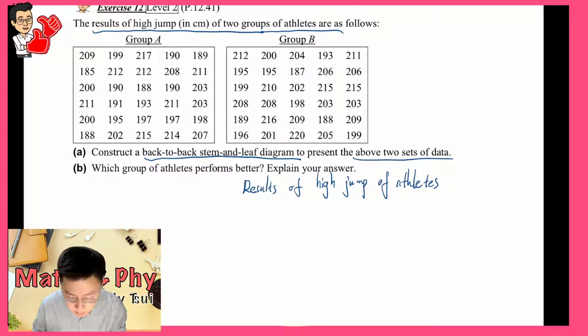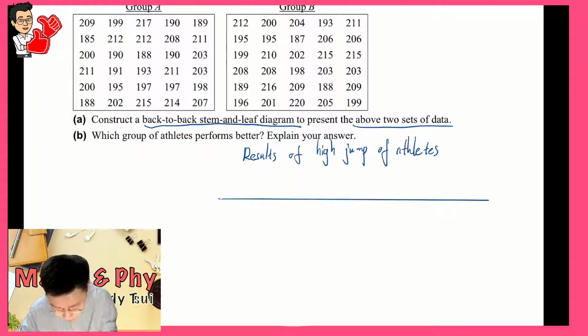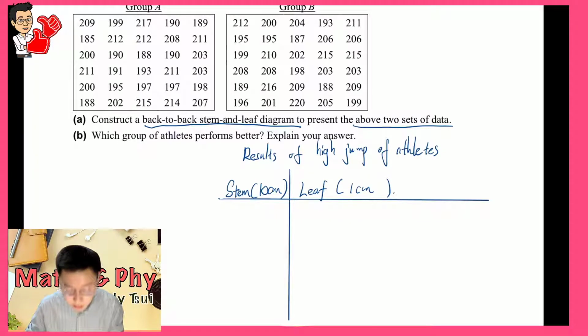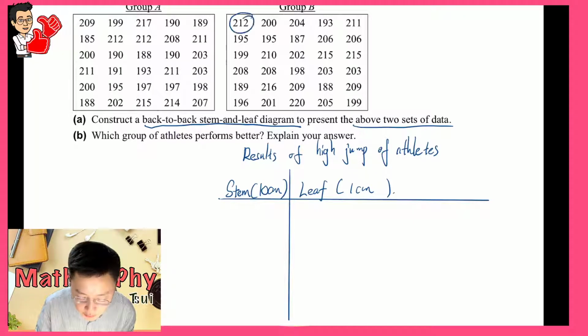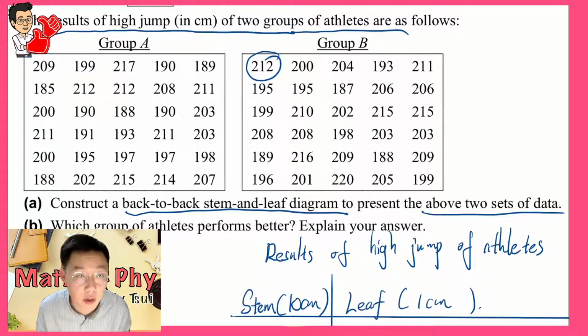Then you can do this just like the simple stem and leaf diagram. Try to construct the cross, and for this one you write down stem and 10 cm. For the right hand side, write down the leaf and 1 cm. Now you can see those data start from 200. For example, this one is 212 and